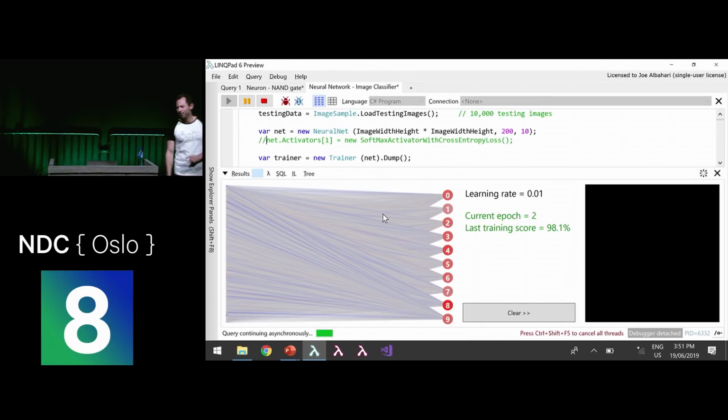For instance, rather than feeding the raw pixels into the neural network, you can first run it through some filters and do things like edge detection, line detection, circle detection, and then you feed the output of those filters into the neural network. And that gives you quite a bit better result. Now, what's really clever about that architecture is that you don't have to design those filters. All you have to decide is how many filters you want.